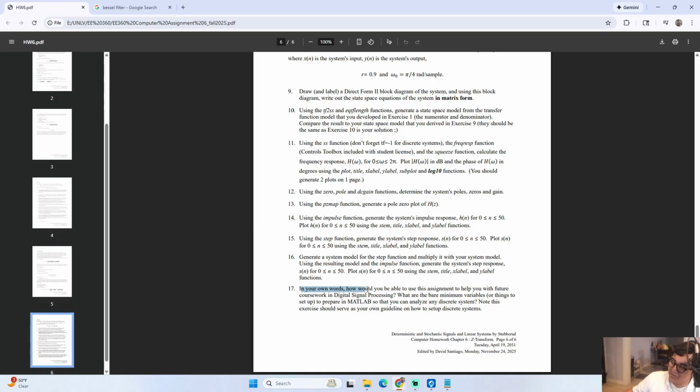And then in your own words, how can you use this assignment to model any system in the future that you see? So maybe you want to create a function that just does your 480 homework or whatever, because you're going to be doing more sampling. You're going to understand what the Z transform truly does. And then what happens when you sample a sample and then you start going into DFTs or discrete time Fourier transform. So it gets a little messy, but anyways,